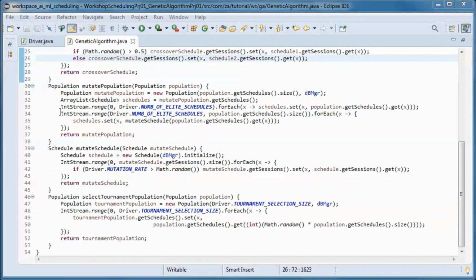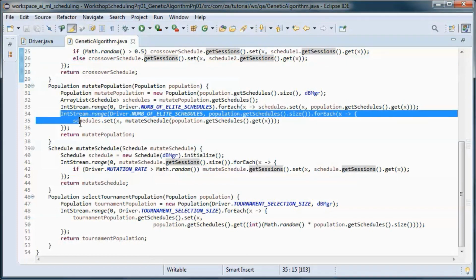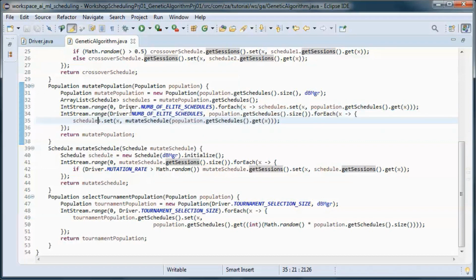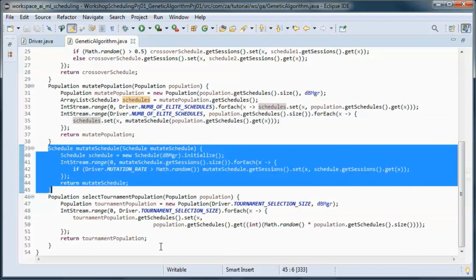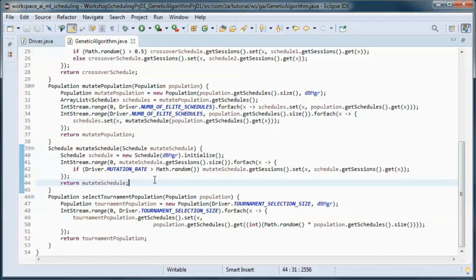And here we do mutations on each one of the non-elite schedules, and we do that by calling the mutate schedule method. And we only make changes to the passed in schedule if the mutation rate is bigger than math.random.